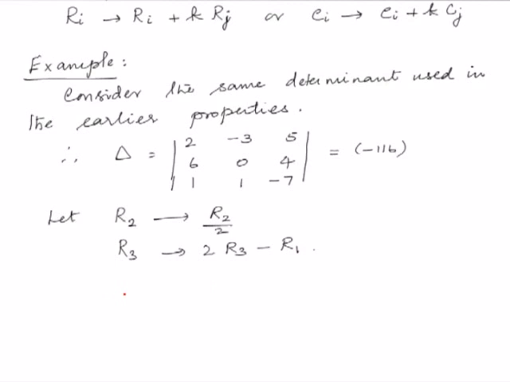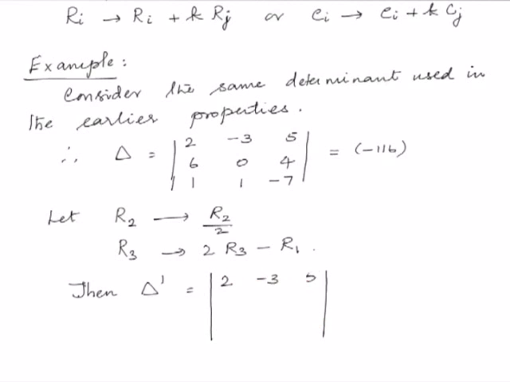So what am I going to do? I am going to divide the second row entirely by 2 and retain the answer as the second row. Similarly, I am going to do an operation on the third row. What is that operation? It is twice R3 minus R1. So each element will undergo this operation. So I get a delta dash equal to, the first row remains as it is.